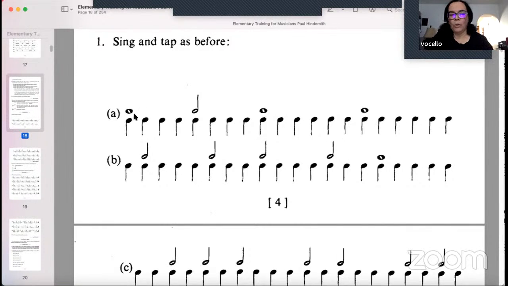So one whole note is equal to 4 quarter notes. One half note is equal to 2. So this 2 extra is going to be the rest. Okay, rest. 1, 2, 3, 4, 2 rest. 1, 2, 3, 4, and 2 rest. Okay, so